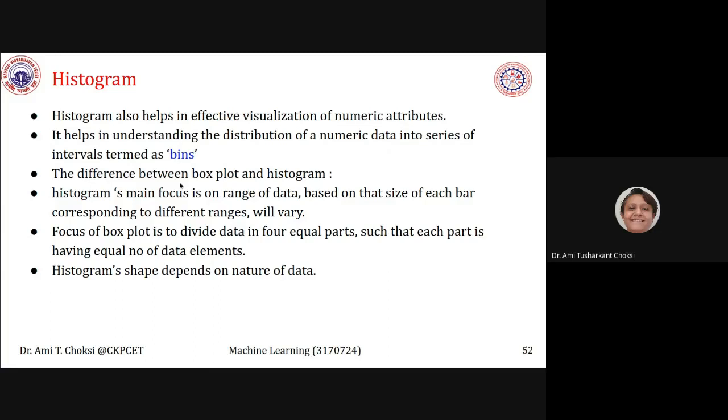The difference between box plot and histogram is that the histogram's main focus is on the range of data. Since the size of each bar corresponds to different ranges, it will vary.